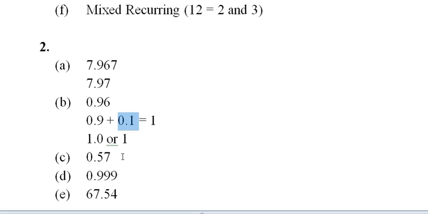Okay, now in question number E, you have to round it off to the nearest 100th place. Okay, so after the decimal, the nearest 100th place, it will be 67.54 only. Why? Because this particular number is less than 5. As I already said that if it is equals to 5 or more than 5, then you will do plus 1. Okay, but if it is less than 5, be it 1, 2, 3 and 4, the number will remain same as it is.